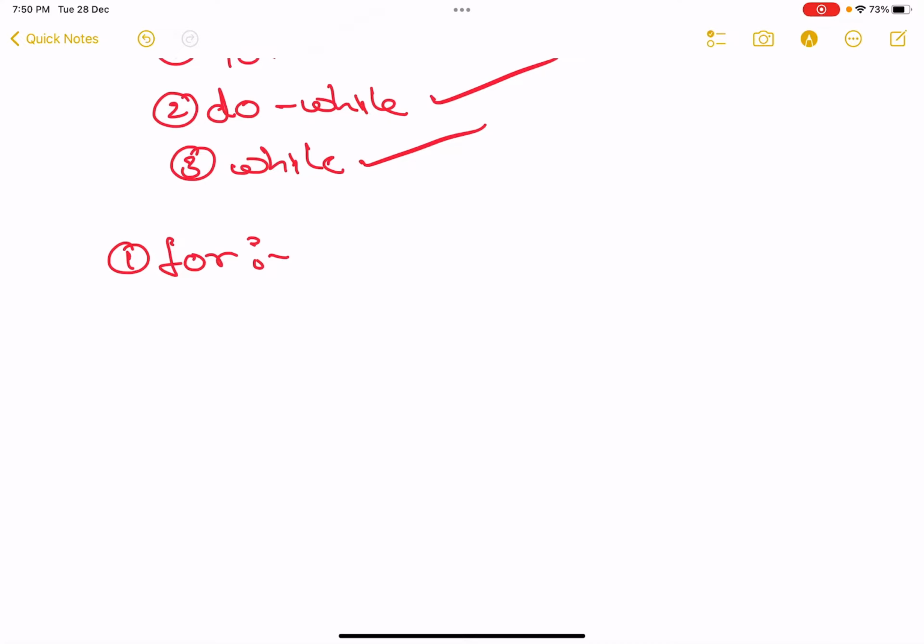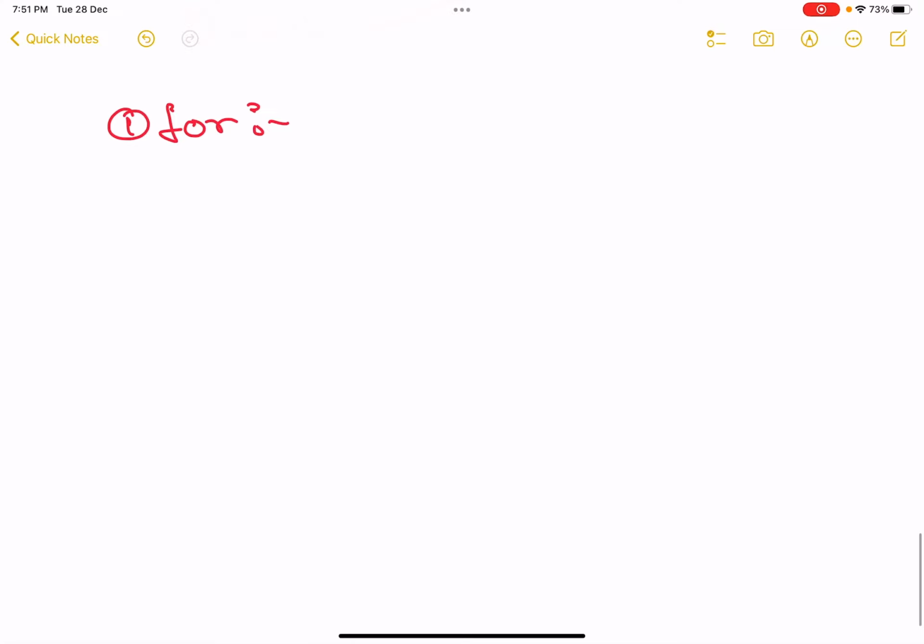See, the theory part, the notes part, you can download it from the internet wherever you want. Just 2-3 lines on what is for loop, write it in your own words. I'll just explain the syntax and how to use it. For loop has mainly 3 parts. In simple terms, first semicolon, second semicolon, close. This is the syntax of for loop.